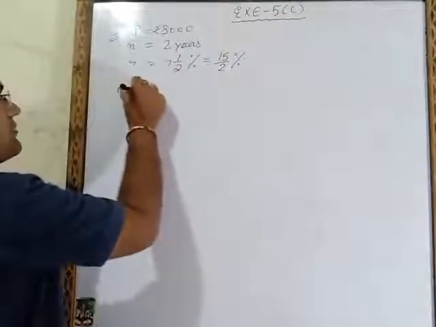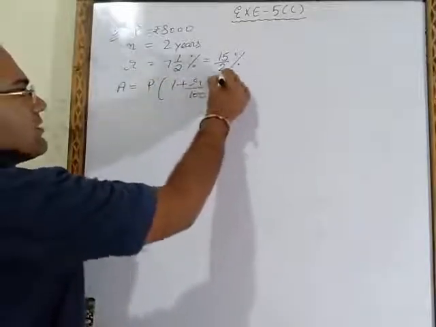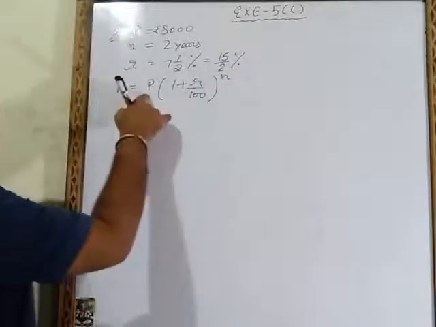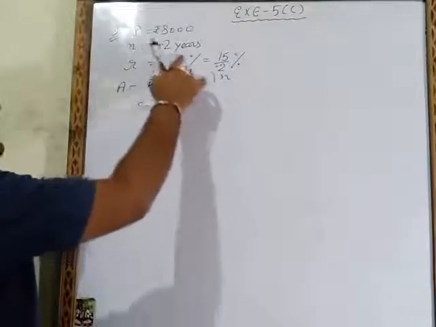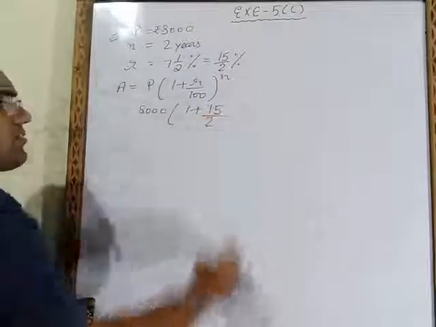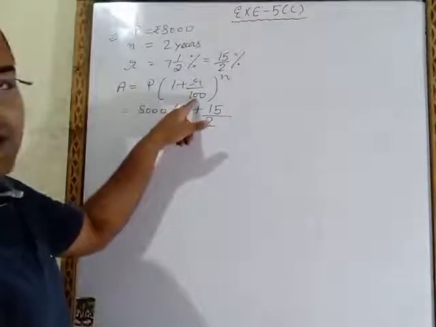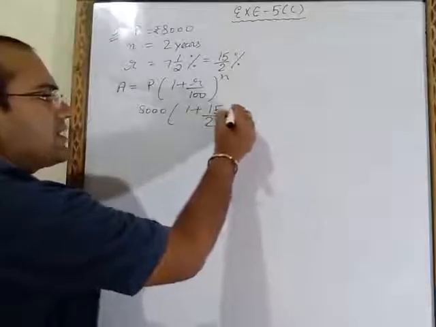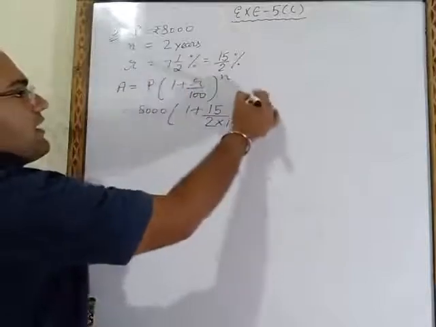So in order to find the amount you have to use the formula. Amount is equal to P bracket 1 plus R upon 100 power n. This is the formula to calculate amount. Now we have to put the value of P. P की वैल्यू डालेंगे 8,000 ब्रैकेट 1 प्लस R. R की वैल्यू क्या डालेंगे? R is 15/2. So here we will write 15/2. 1 plus R upon 100 is also there. So under this we have to put multiply sign और यहाँ पर क्या लगा देंगे 100. Power n is there outside the bracket, so outside the bracket we have to write n means 2.